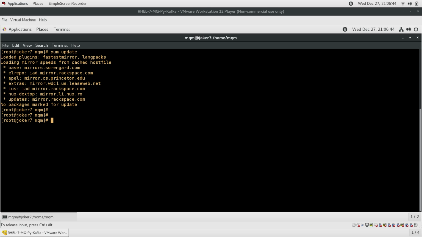Now, this EPEL repository is enabled by default for Fedora, but not for the other four operating systems that I just told you about, which are Red Hat, CentOS, Scientific Linux, and Oracle Linux. The reason for that is Fedora is always a step ahead of all these versions, so everything is enabled, and most packages are pre-installed on Fedora. Anyway, we have to then install the